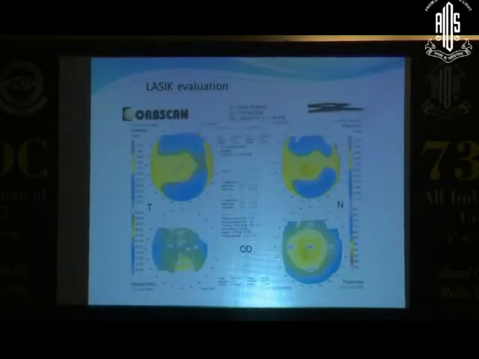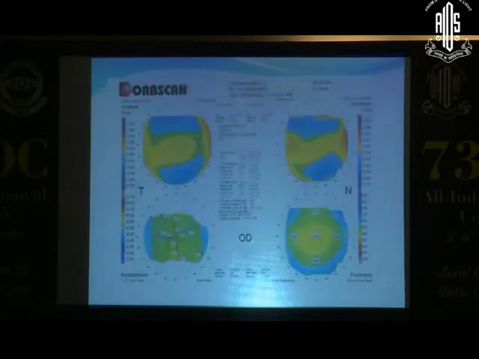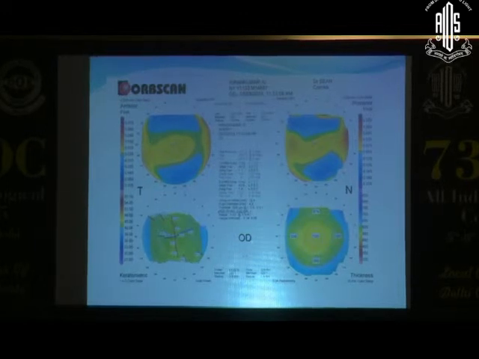Here's a case of LASIK evaluation. A patient came who was rejected for a LASIK. He showed an inferior steepening area on OB scan along with a thin cornea, so two significant risk factors. When he came to us, we actually repeated the OB scan, and here again I say the repeatability of OB scan in abnormal corneas is pretty low. So when you even tell a patient that you have a progression for keratoconus, you should have a threshold of at least 1.5 diopters in an OB scan and 1 diopter in a pentacam. If it comes with 47.2 and then you have 47.4, you can't call it progression.